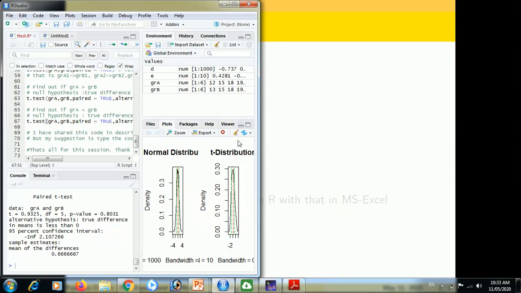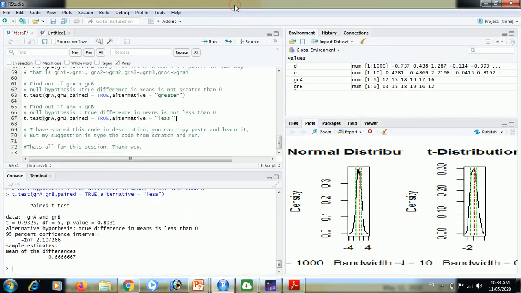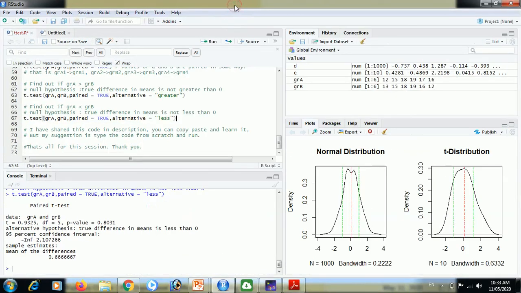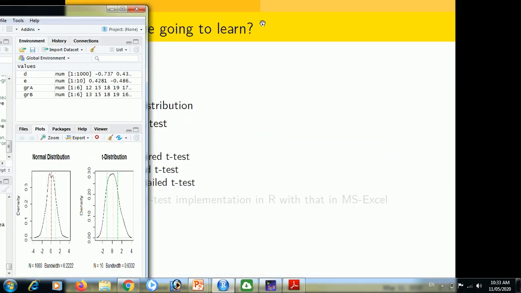Try to change the options, and whenever you want to see a bigger version of this window, you can maximize the window. Again, if you want to see the video, you can minimize the window.